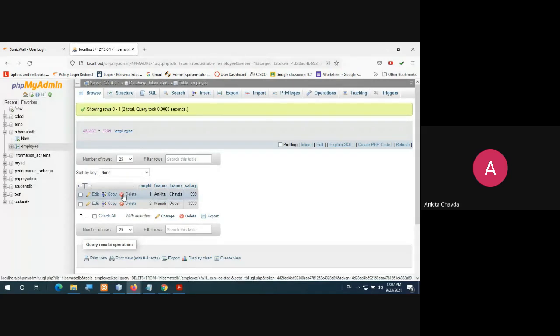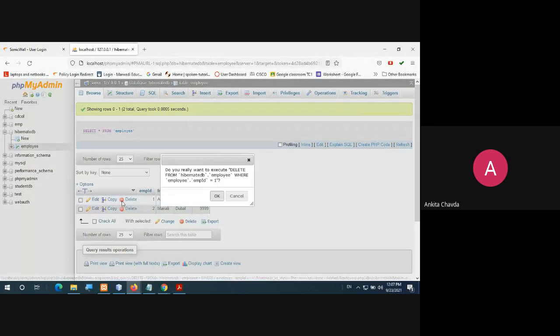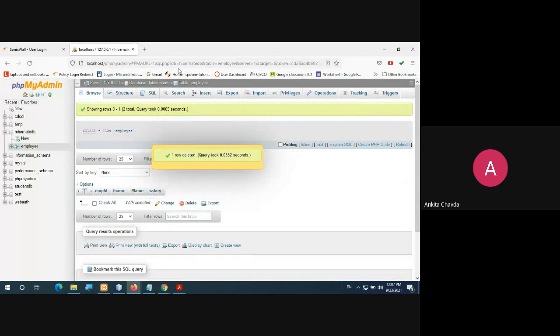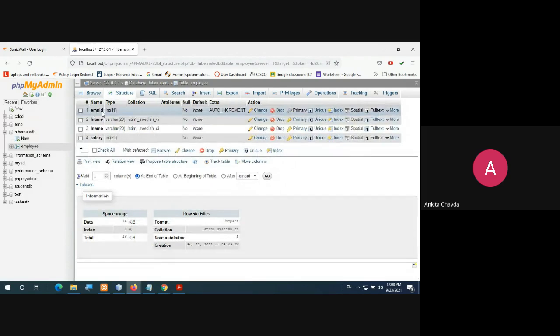Here I'll simply delete this data, this row, and this also. Now in this table there is no data. I can refresh, you can check, we don't have any data. I've just made the employee table. Once you browse the structure, we have employee ID, which I have given as auto increment, so every time it will increment on its own. Then first name, last name, and salary. These four fields I have given. This would be integer, this would be varchar, and this will again be integer.